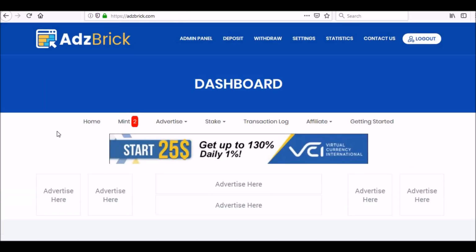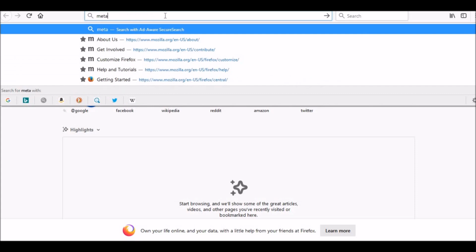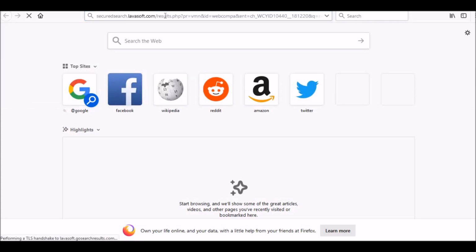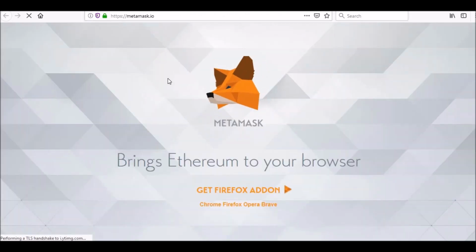Okay, as we are logged into our Adesbrick account, then you must have MetaMask. This is the official website for MetaMask, metamask.io.